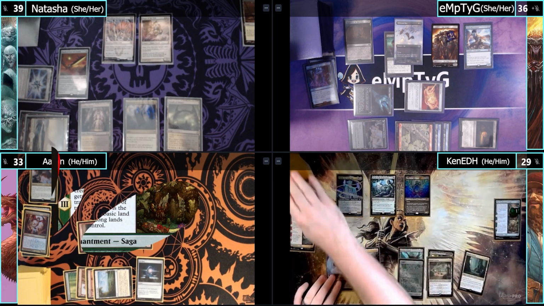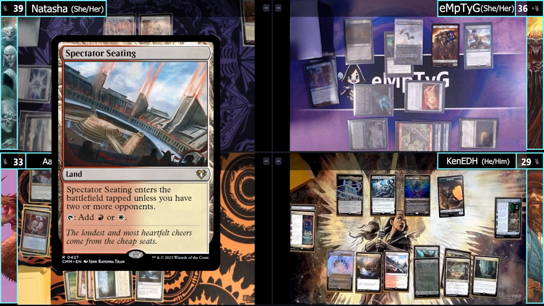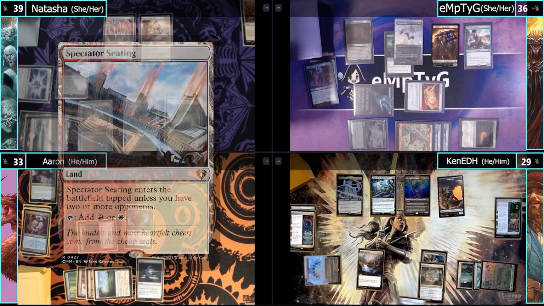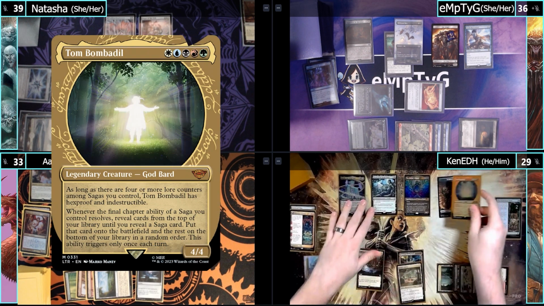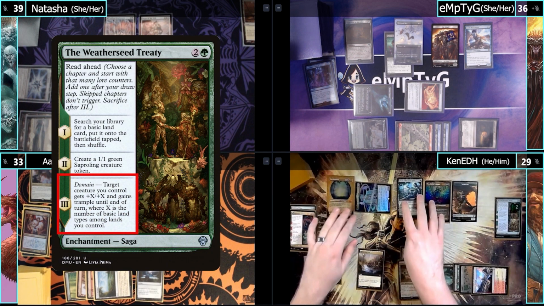Ken untaps, draws, and moves his saga to chapter 2. Making a 1/1 Saproling, Ken plays a Spectator Seating as land for turn. Paying 5, Ken then casts his commander, Tom Bombadil, tapping Satsuki to put another lore counter,